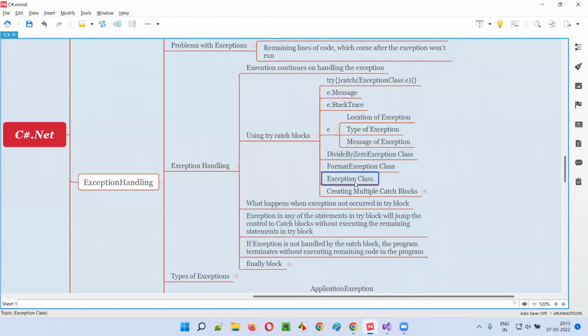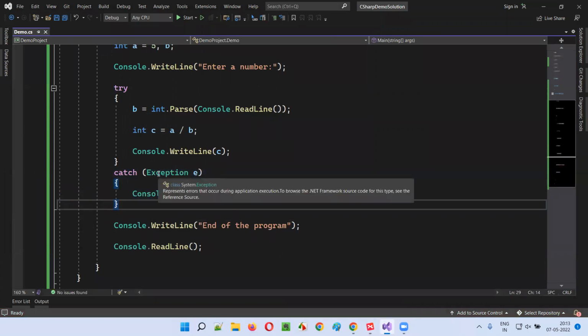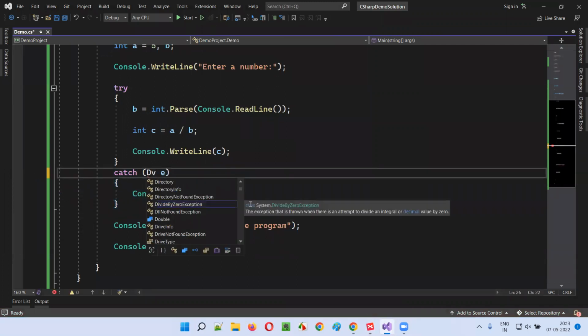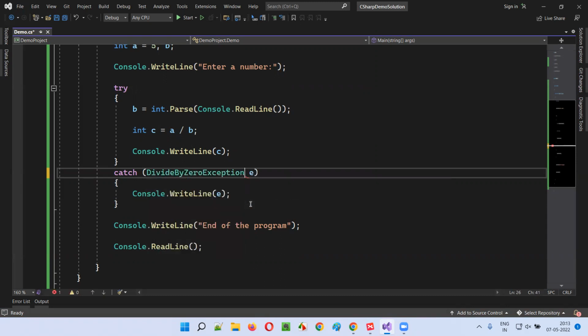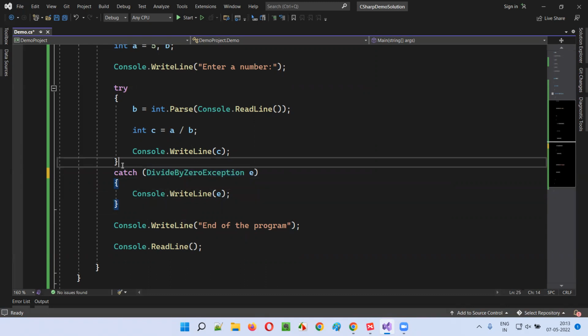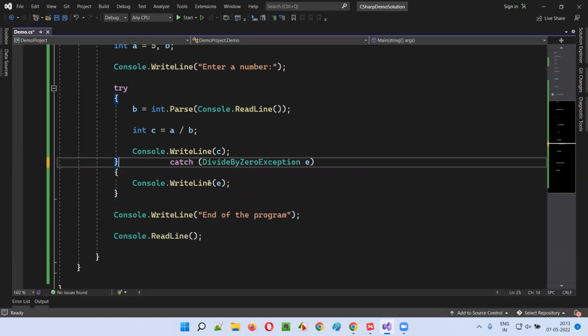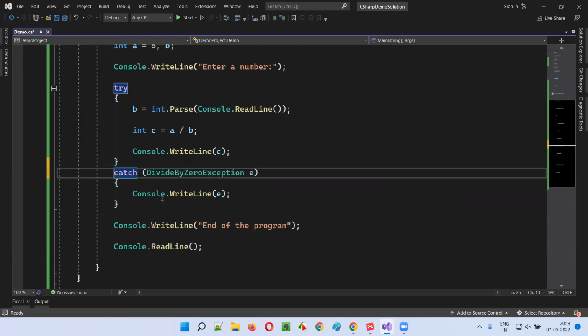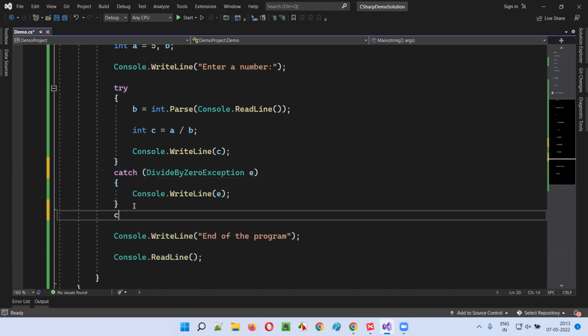That's all about the exception class, guys. Even there is one more way, that is we can create multiple catch blocks. Here only one catch block is there, right? Instead we can create multiple catch blocks like this. First we'll try to handle the specific exceptions, that is divide by zero exception E. If this is not handled, then another catch block we can write. This time format exception E,